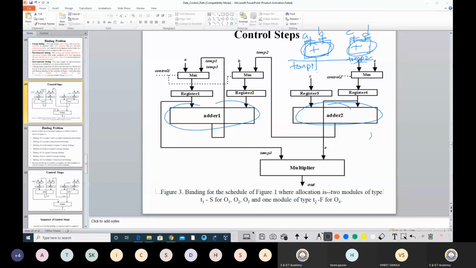Okay. Now in order to do that, probably for this adder, I need to have another option where I can provide temp1 and temp2. क्योंकि temp1 और temp2 इस एडर में जाएंगे तो फिर मेरा आउटपुट temp3 आएगा. ठीक है. So temp1, temp2 will go to the same adder, but at a different time slot. We have already defined that in a scheduling algorithm. Then it will generate the temp3.